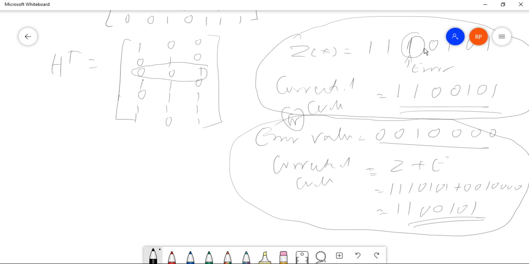Okay, so this is how we calculate the syndrome, or how the syndrome circuit works. This is how we have to draw the syndrome circuit and calculate the syndrome, calculate the H matrix using G of X, then H transpose, then compare the last value to see in which row it is there, and from the left correct that particular bit. So this completes the problem.